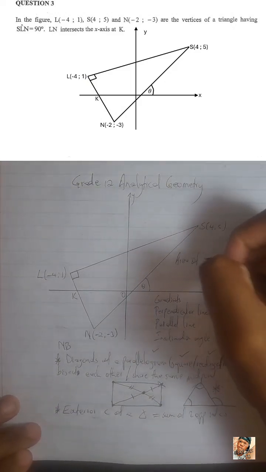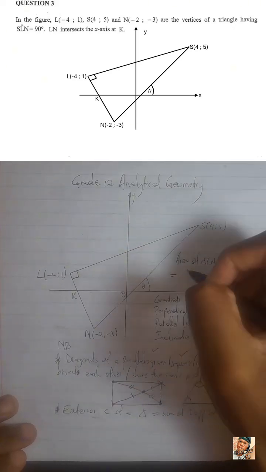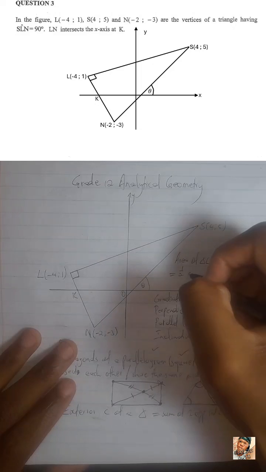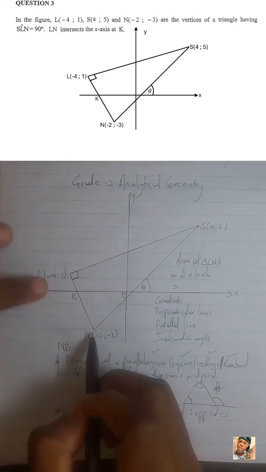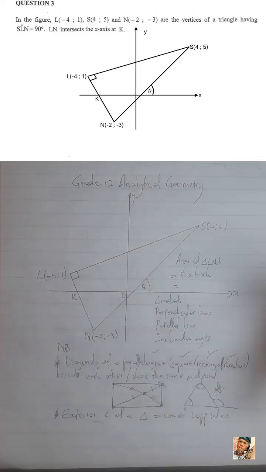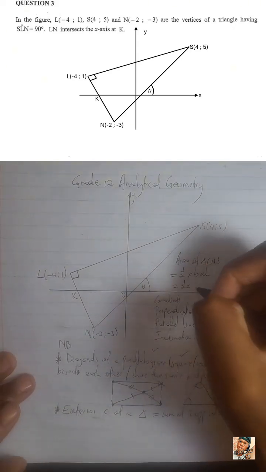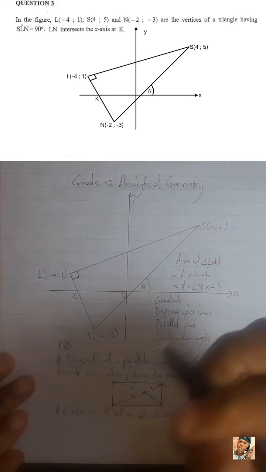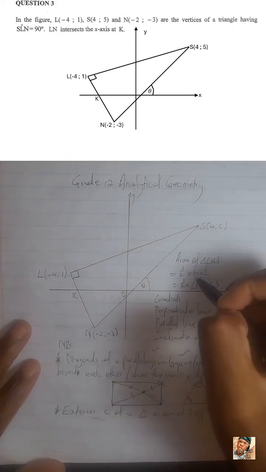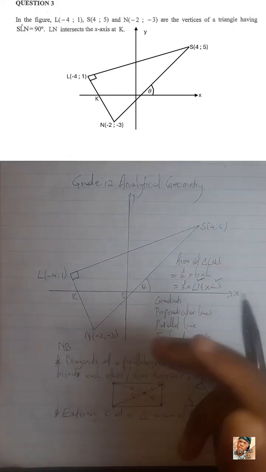So the area of triangle LNS, because it is right angled, is going to be half times base times height, where the base is going to be LN and the height is going to be LS, or the base is going to be LS and the height is going to be LN. The point is that we're going to say half multiplied by LN multiplied by LS. Therefore, we're going to need to find the distance of LN and the distance of LS, which are possible